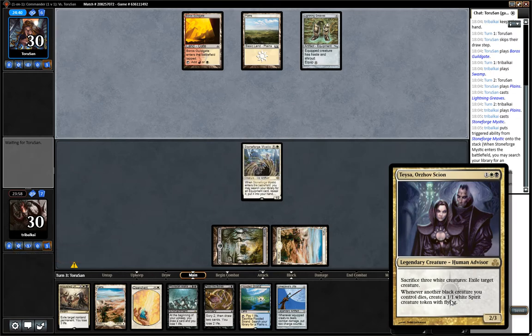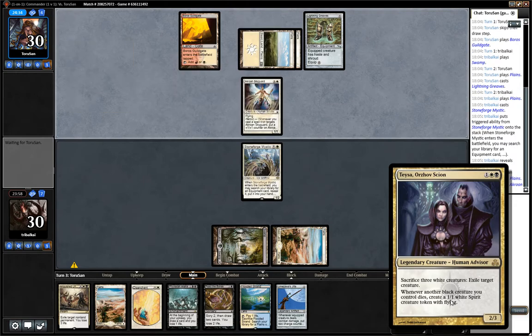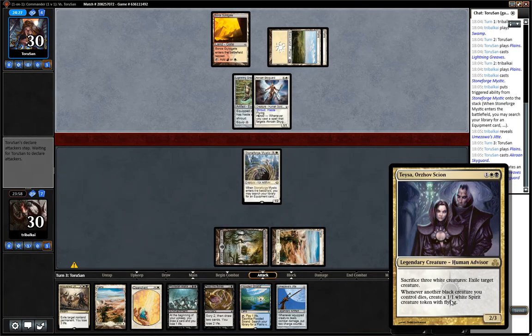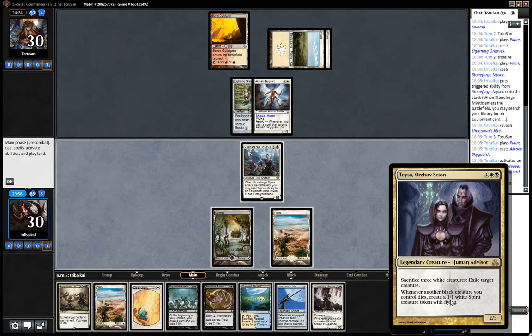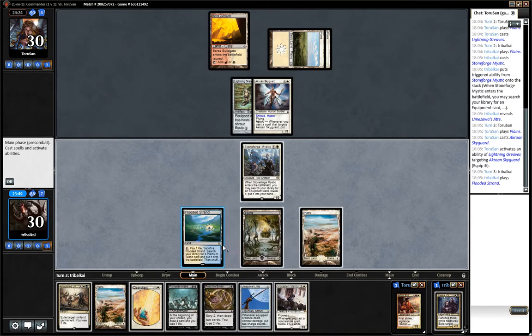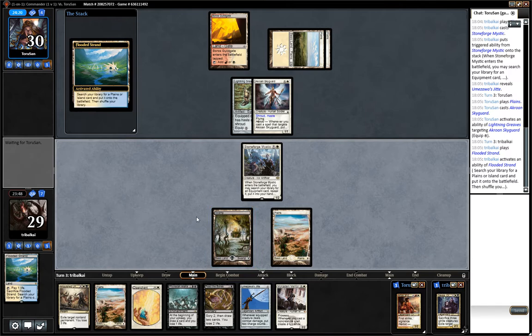Our commander, Teysa, Orzhov Scion, basically wants to sacrifice our own creatures for value to things like Skull Clamp and Ashnod's Altar, and then get out more spirit tokens, which can then be sacrificed to exile creatures from our opponent's side of the field. And then we have combos with things like Painter's Servant and Darkest Hour that will allow us to get unlimited spirits, basically. So we're going to crack the Flooded Strand and go for,